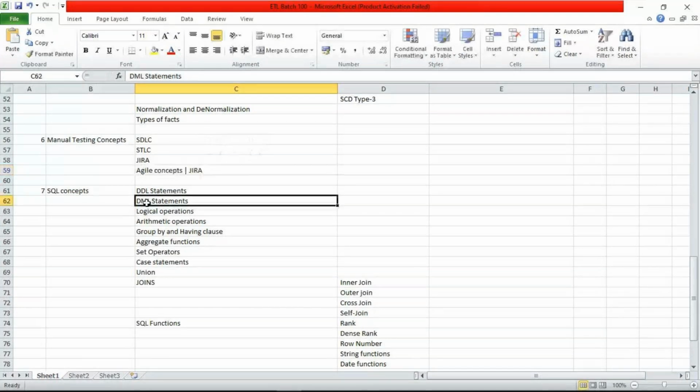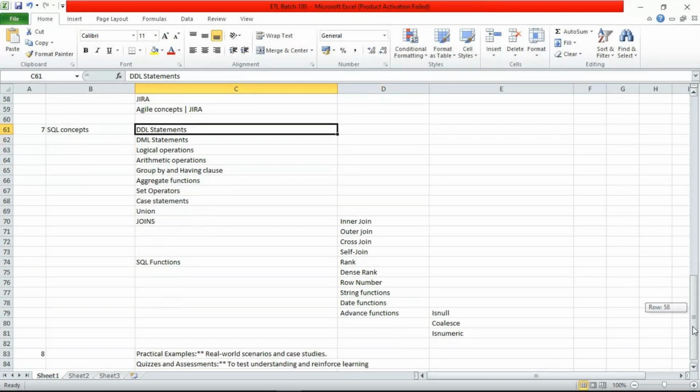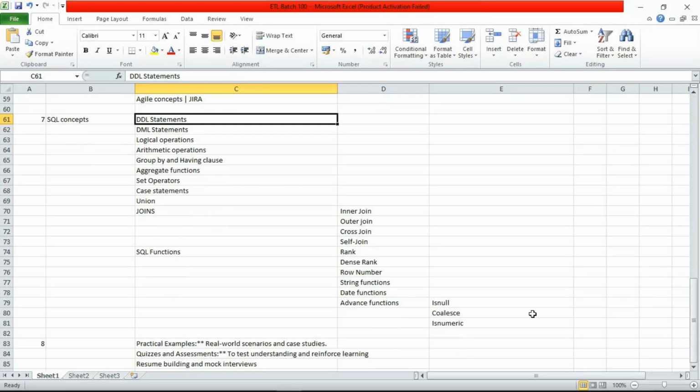Then we'll move to SQL concepts at last. In SQL, I will cover DDL, DML, logical operations, arithmetic operations, group by having clause, aggregate functions, set operators. All such SQL concepts I will try to cover. I'll share this content with all of you. This content is available on our website, but I'll also share this file in our WhatsApp group. There you will get all our study material